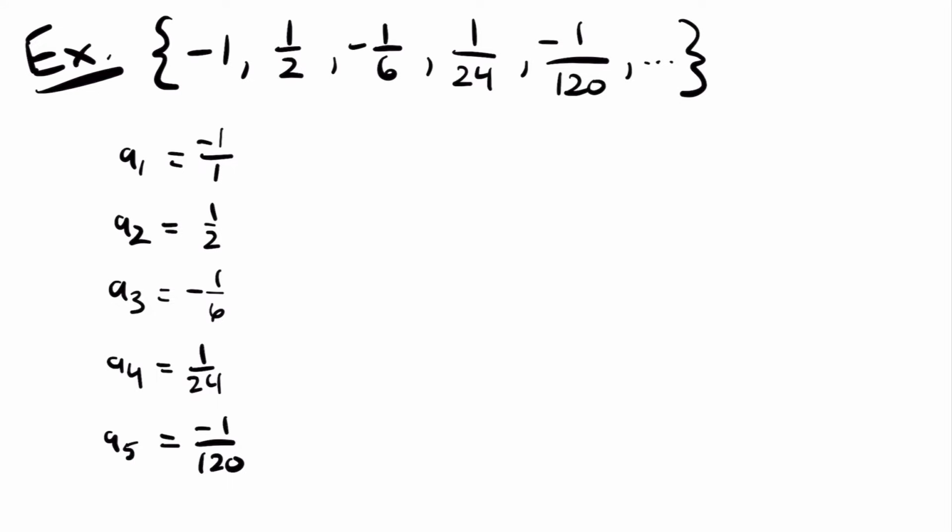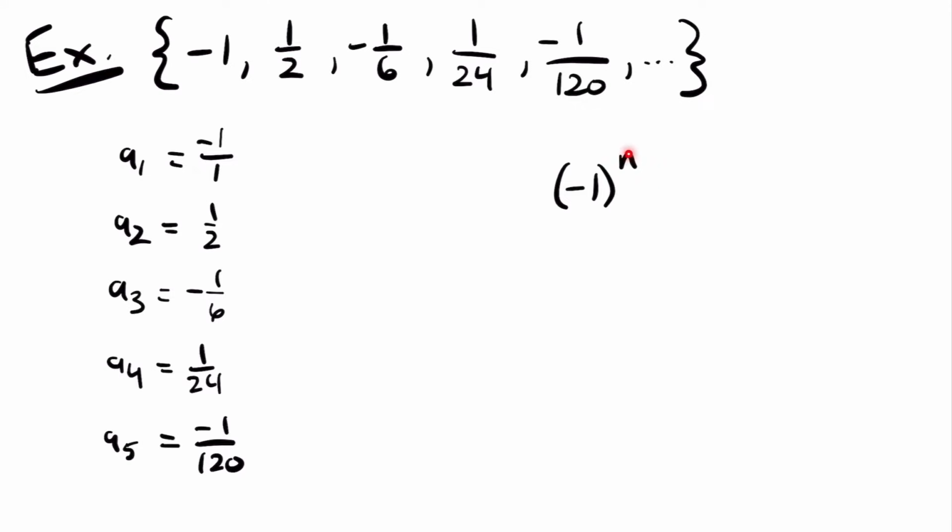But now what kind of pattern do we see in the numerator and the denominator? Well, in this case, I'm going to look at the numerators first. Notice that we have negative 1, then positive 1, then negative 1, then positive 1, then negative 1. This is actually a very common pattern that you will see with sequences. In fact, we've already looked at this sequence earlier in this lesson. When you are alternating between negative 1 and positive 1, that is most likely going to be represented with negative 1 to the power of n, right? Since we start with negative 1, and we're alternating between positive 1 and negative 1,